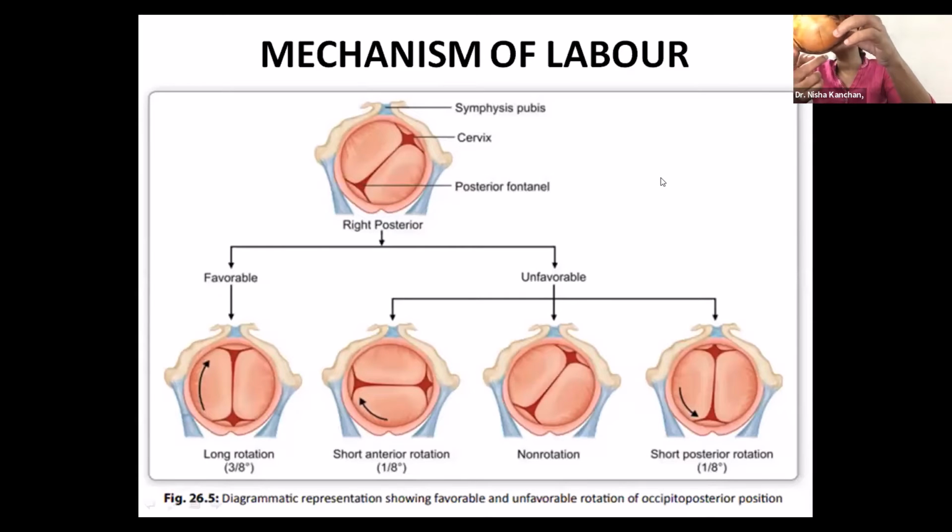In a deflexed head, when the frontum touches, the pelvis will try to push the frontum towards the pubic symphysis. So this type of delivery, does anybody know what this type of delivery is called, where the occiput always moves towards the pubic symphysis and the baby delivers like this? Now, if the occiput moves posterior towards the sacral promontory and the frontum comes behind the pubic symphysis, does anybody know what this delivery is called?